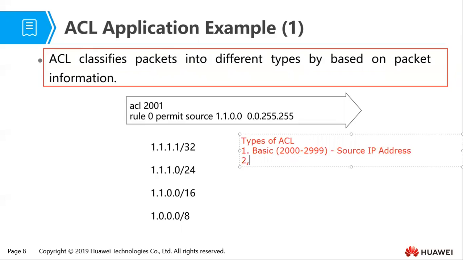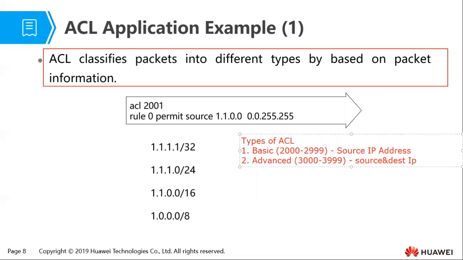Then we also have the advanced ACL, which uses a value between 3000 all the way to 3999. This one uses a number of parameters other than source, so source and destination